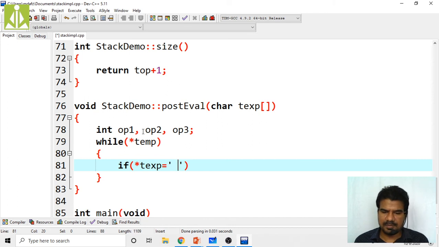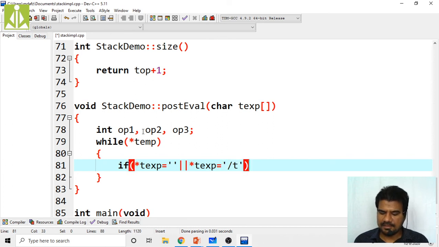Or if it is a tab, TEXP equals to tab, not as a string but as a character.